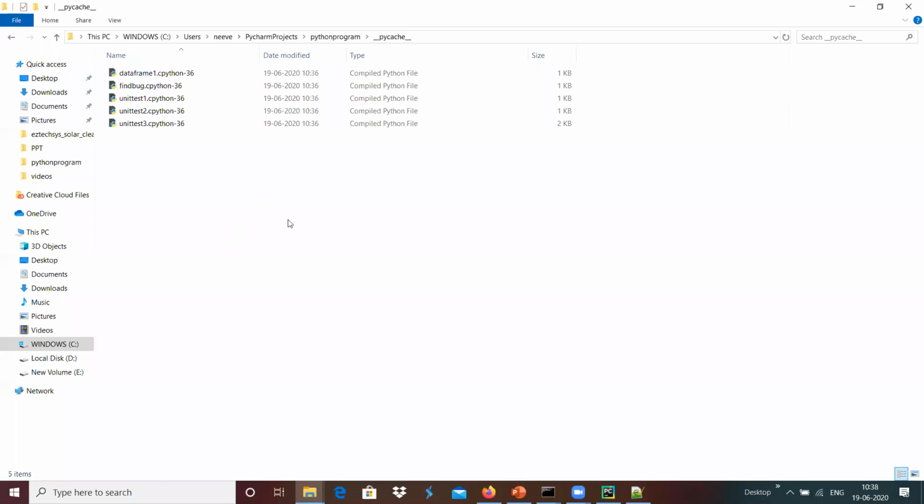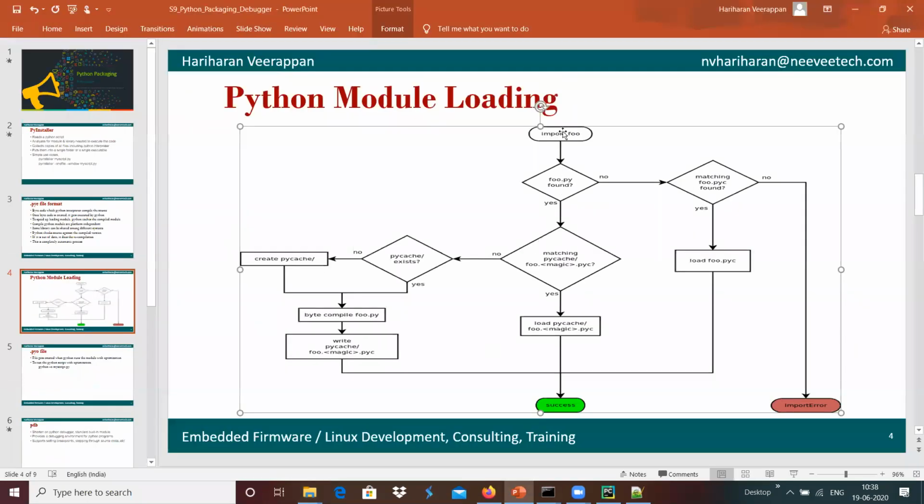This is to speed up the loading process, and the flow is that whenever we import, it checks whether the file is found. Yes, we have the files over here, and it checks for the PyCache. It does not exist, since we have deleted the PyCache folder.